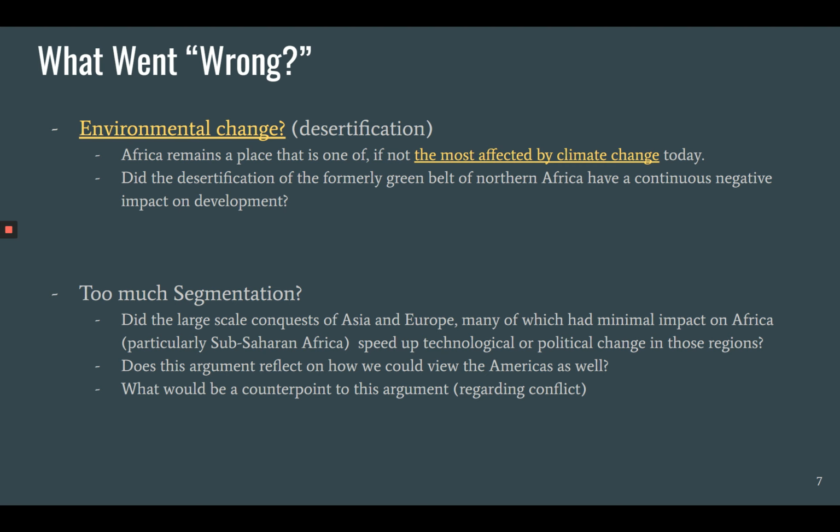I think environmental change is probably a factor. It's obviously a factor in African history, but to me, it does not explain away everything, right? Even as an environmental historian myself, I think it does not have persuasive power to say the reason that Africa and African kingdoms did not survive was environmental change. There's probably more to it than that.